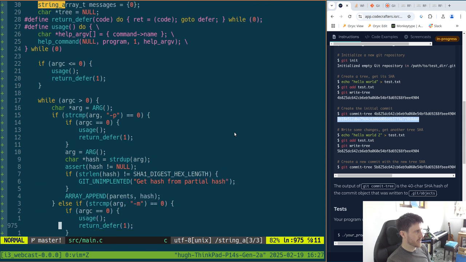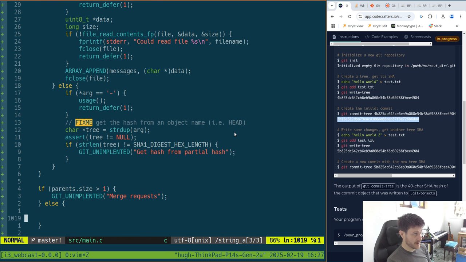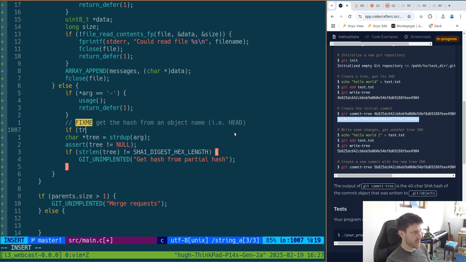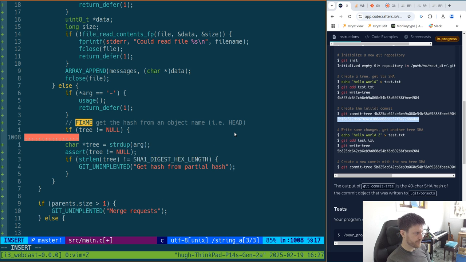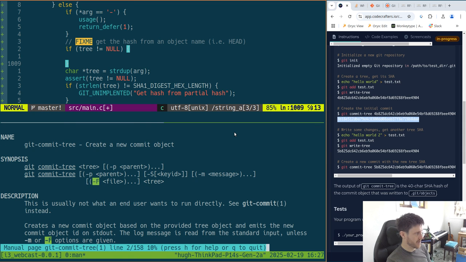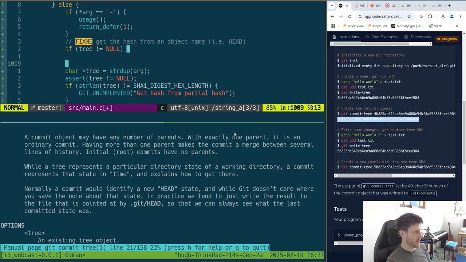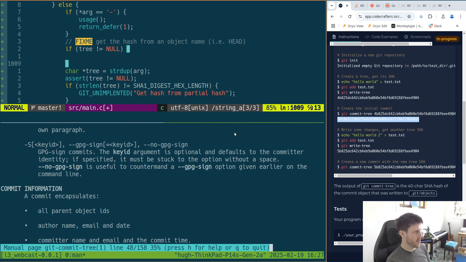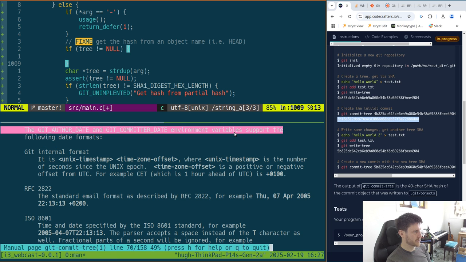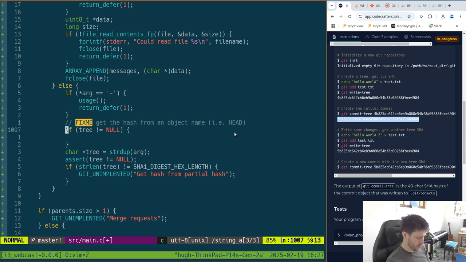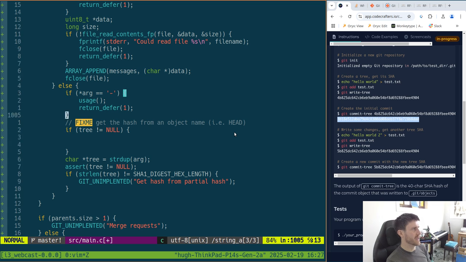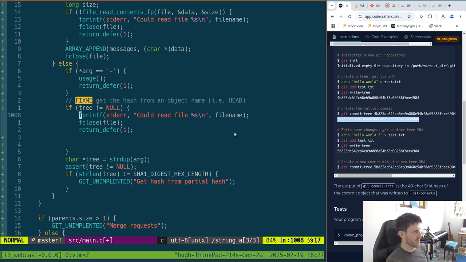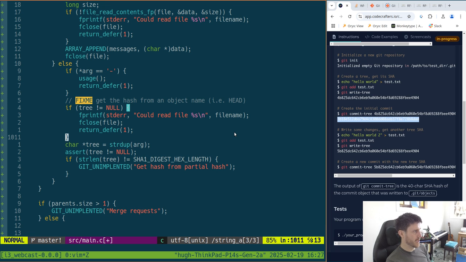We'll free it if we allocate it, and it will get allocated if we pass in an arg that does not have a hyphen in. This is the first time we do it. So I guess here, if tree not equal to null, does this kind of make sense? I feel like not. Let's go up. Right, so if this happens, this is probably an error, I'd say. So perhaps I'd come down here and maybe I'll do it if